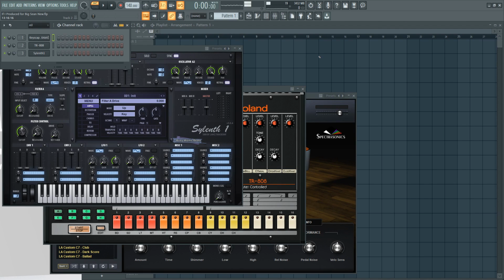Let me crank my headphones up because I can't hear myself. So this series is all about thinking in the mind of the artist and creating along their style while adding your own style. So today we're going to focus on Big Sean.